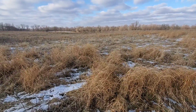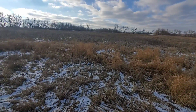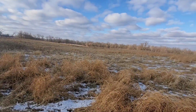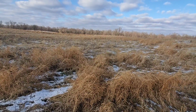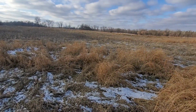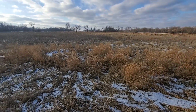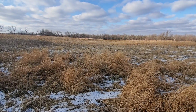All right, I want to do a little follow-up on one other area. So this is that old field area. We burnt it this summer. I added in some switchgrass pockets and tried to release the more herbaceous plants in this area. So I just want to show what one of these areas looks like in the upper Midwest at the end